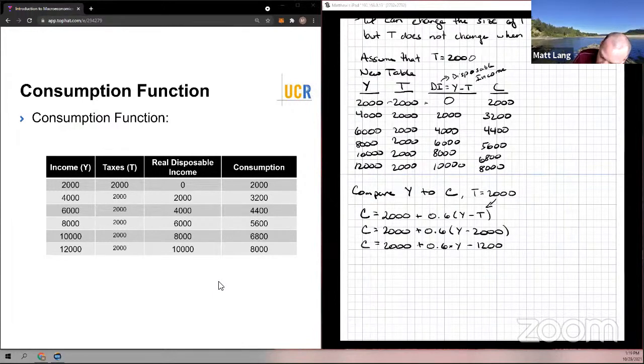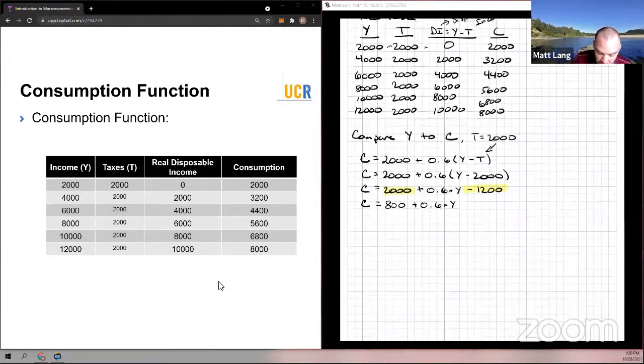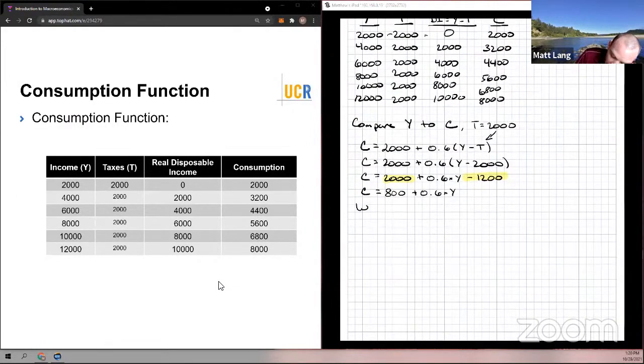This means that our consumption will be equal to 800 plus 0.6 times y. Because we have 2,000 right here, and we've got 1,200 right here. Just subtract those, or subtract 1,200 from 2,000, right? And we've got 800, okay? So the reason I want to show you this is that when our income